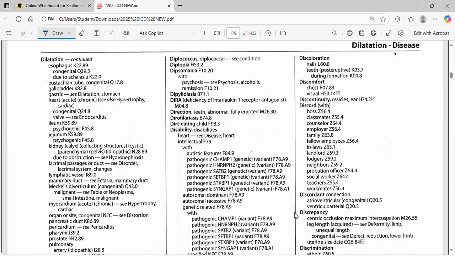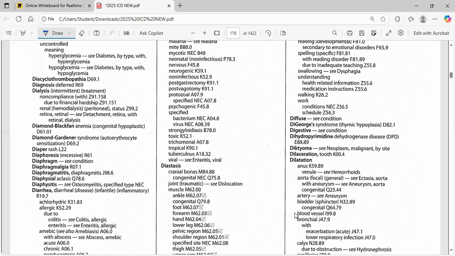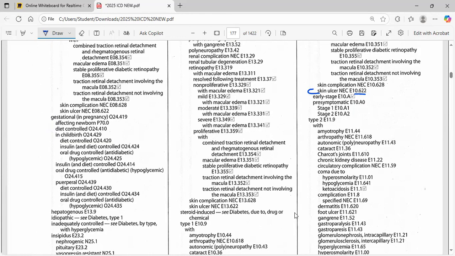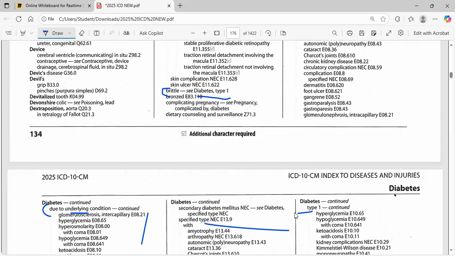brackets. So whenever we have a code in the brackets, it will tell us that this is the manifestation code and it will be the